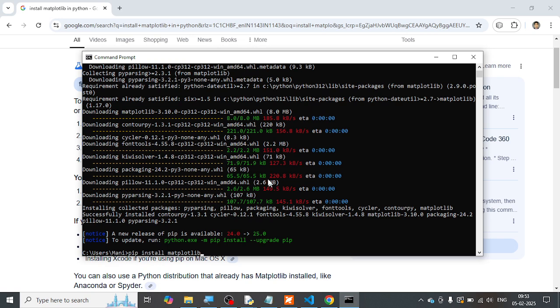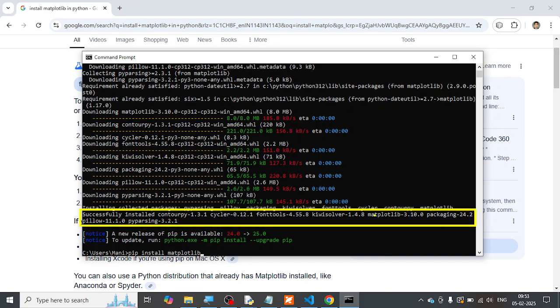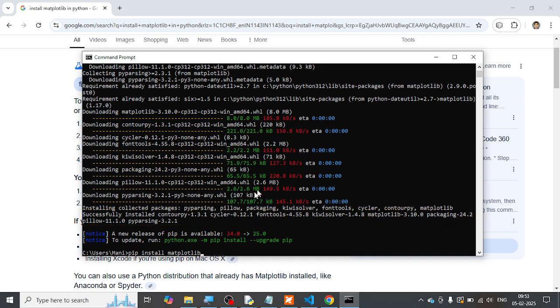Once the installation is complete, this is what you're going to see. You will notice that it has successfully installed. Apart from matplotlib, it has installed many other things which are needed by it. If matplotlib is already installed in your lab, and you try to run this pip install again on a system which already has the matplotlib library,